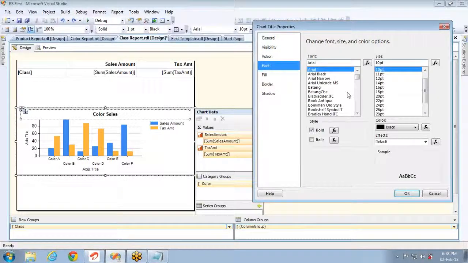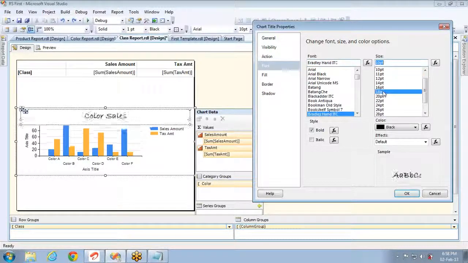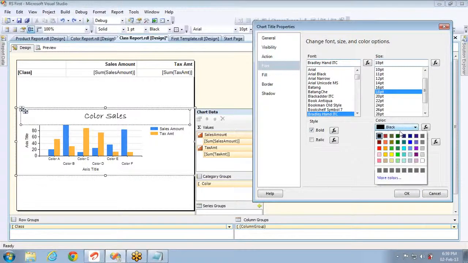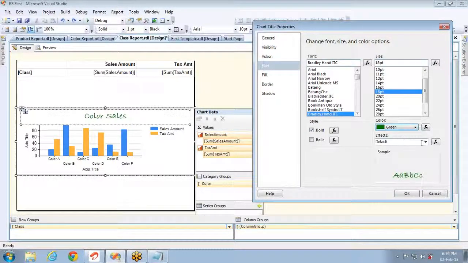And the font, if you want to set the font, I want to show the title in this format. Let me select some different format. Yeah, Bookshelf or Bradley. And the size, you can set it. And if you want to bold it, you can bold it or unbold, italic, and you know about the remaining stuff like setting colors and all the things here. And effects, if you want to set any effect like underline, strikethrough, or none, if you set it to strikethrough, it will be like this.